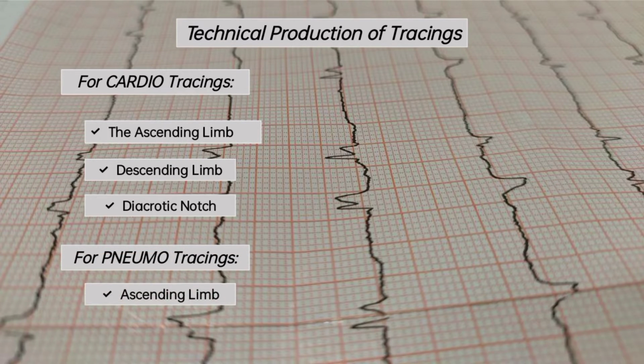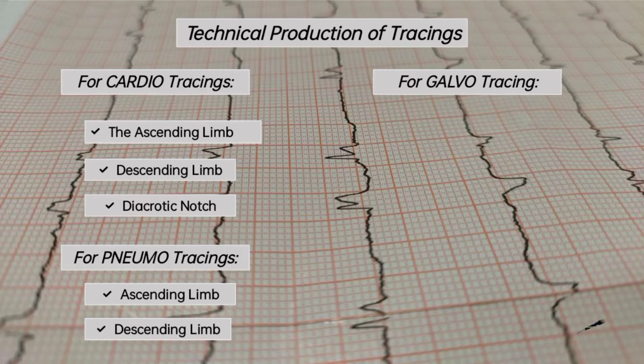The dicrotic notch is caused by the minor secondary pulse wave passing under and beyond the blood pressure cuff. The pneumotracings, ascending line: with expansion of the chest during inhalation, the air capacity in the pneumograph tube is increased, creating a vacuum within the system, which reduces the internal surface pressure against the bellows. Descending line, caused by exhalation, thus reversing this process, causing an increase in the internal surface pressure against the bellows. For galvo tracings,